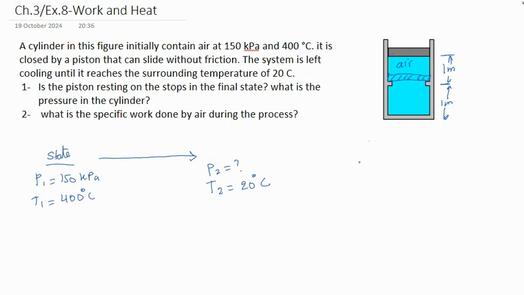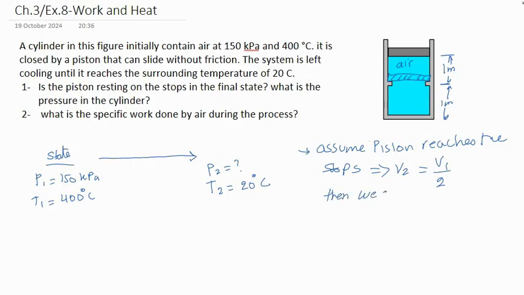So one way to go about this, first we can assume the piston reaches the stops. This means the volume of the second state is half that of the first volume. Then we calculate